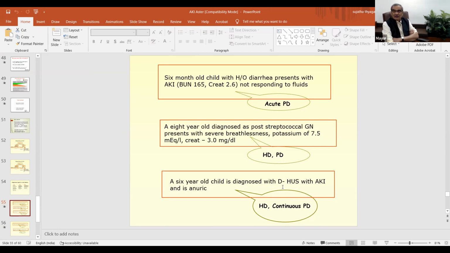Of course, you will take all your measures to combat hyperkalemia, like stopping potassium, IV calcium gluconate, IV soda bicarb, potassium binding resins. So I think you are all aware of those, and also nebulizations. These are all temporary measures. They don't really get rid of potassium out of the body. So you need dialytic support.